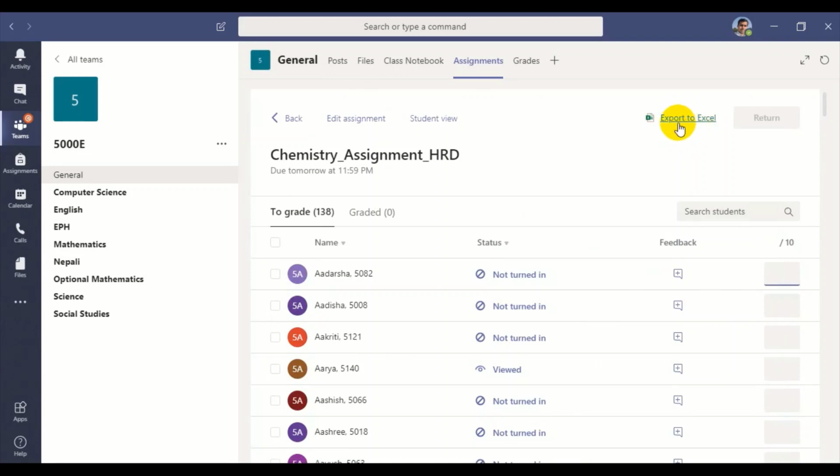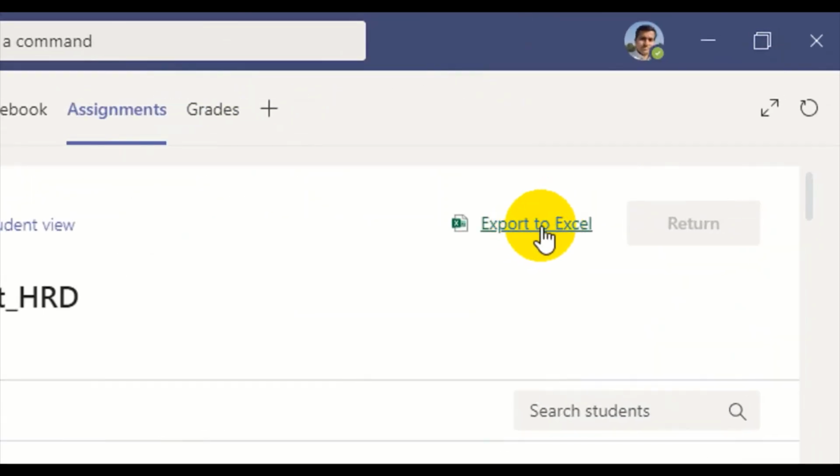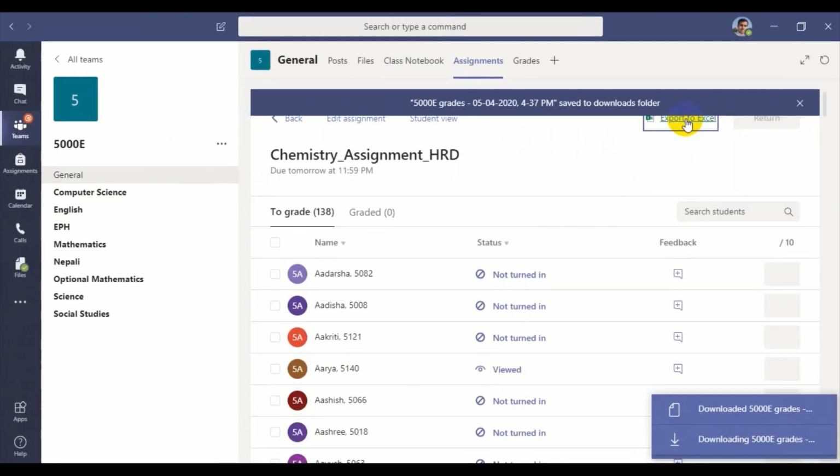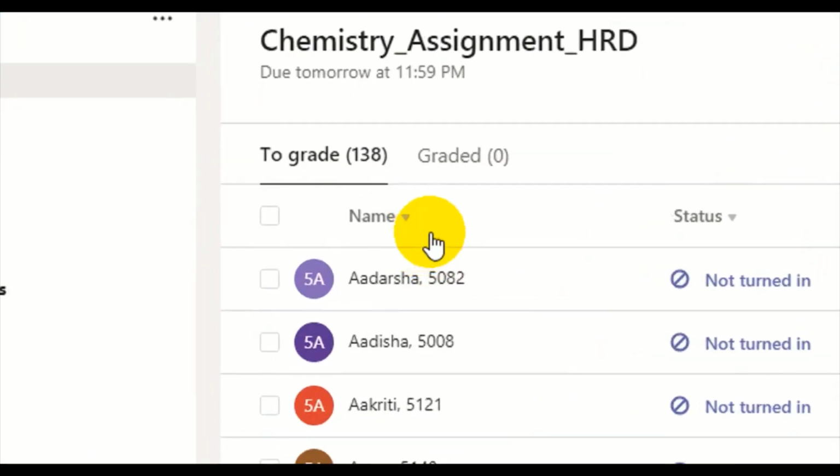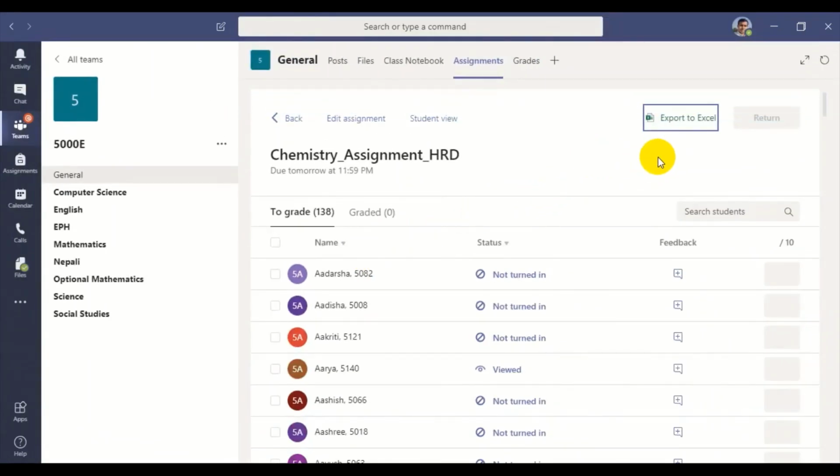You can click this button over here and get the file. The file is downloading, it is in progress, and this is how the file will be downloaded in the form of Excel, which we can reuse according to our convenience and need in the future as well.